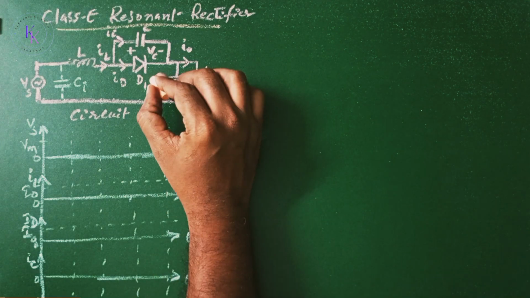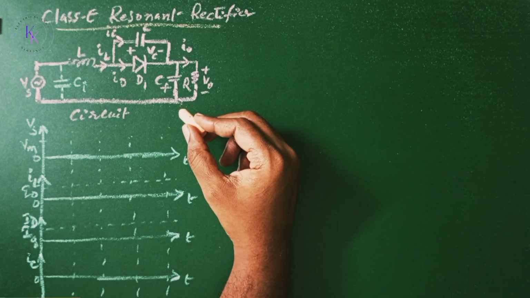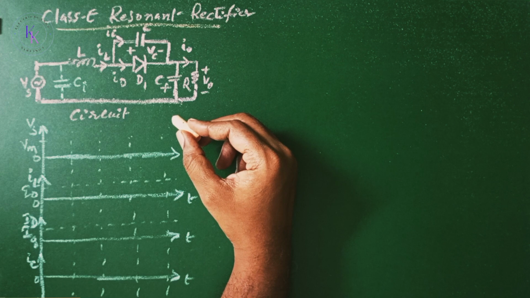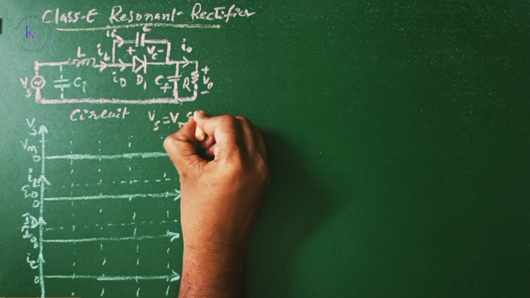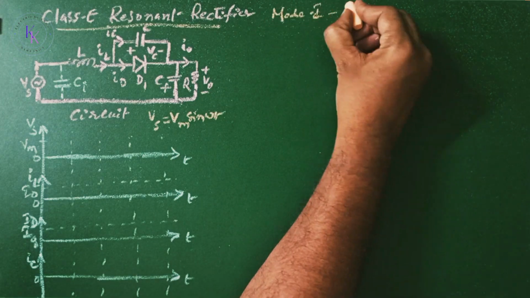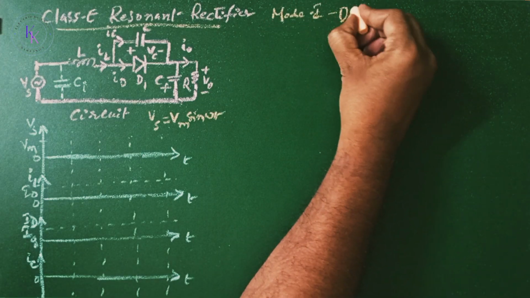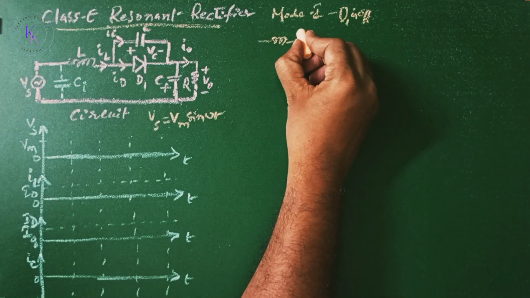Let us assume this CF is sufficiently large so that the DC output voltage V0 is constant. Let the input voltage Vs equal Vm sine omega t. Now, mode 1. During this mode, diode D1 is off. Then the equivalent circuit will become